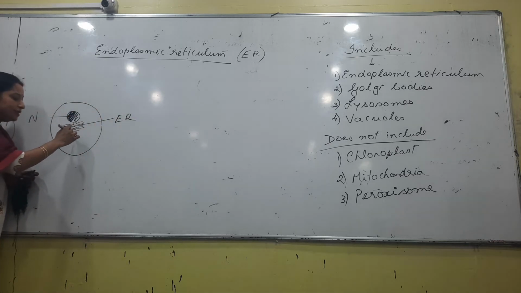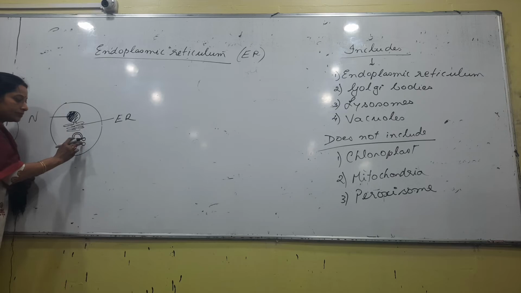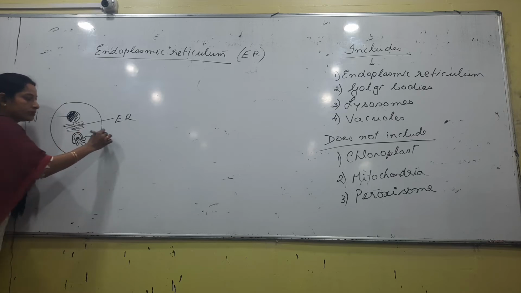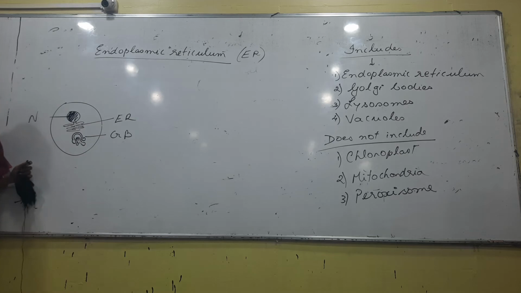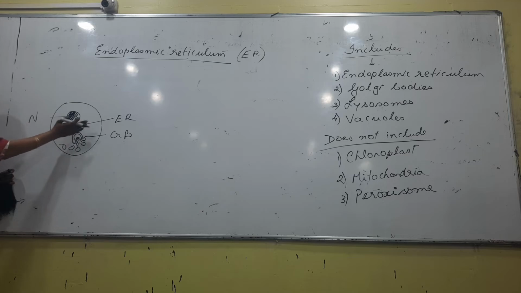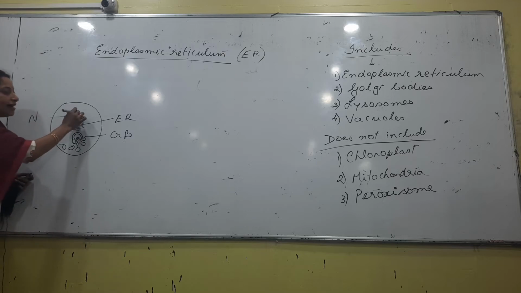Next to the endoplasmic reticulum, you have a C-shaped structure. Golgi bodies, right? From Golgi bodies, lysosomes will form, vesicles will form, vacuoles will form, right? We will have certain vacuoles. So to have a rough idea, this is what the structure looks like. As far as ER and Golgi body are concerned, they are almost in the same position, right? Next, talking about the number of ER present in a cell, how many endoplasmic reticulum will there be? In the diagram, what we have drawn is just one, right? But not necessarily will they have just one.